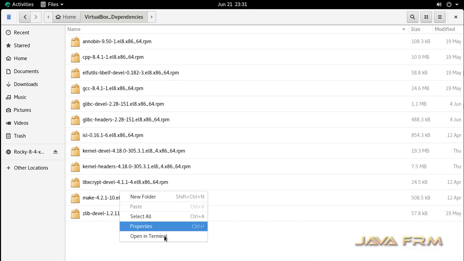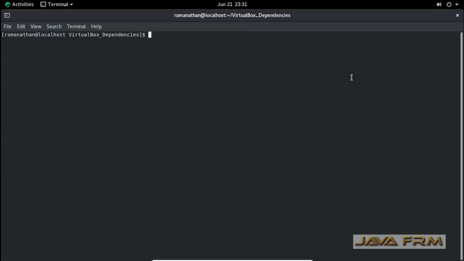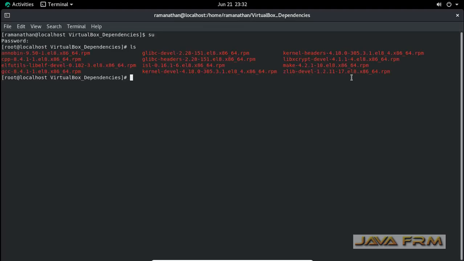I am opening the terminal here. I am going to install all these RPMs in a single shot. These are the dependent RPMs needed by the VirtualBox Guest Additions software. Otherwise, VirtualBox Guest Additions will not install.